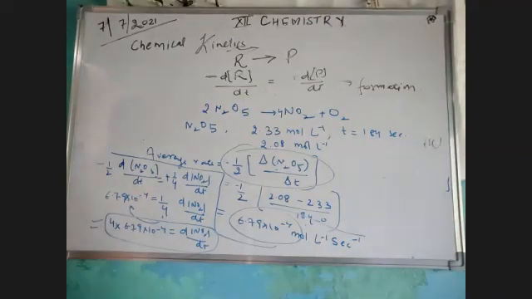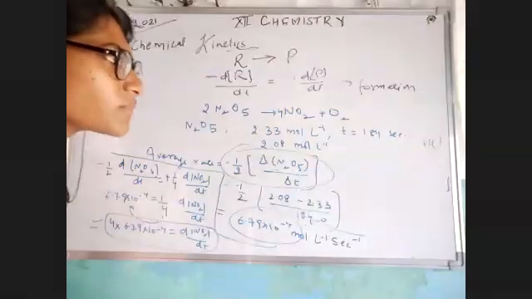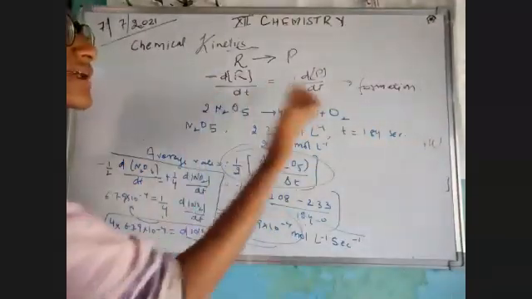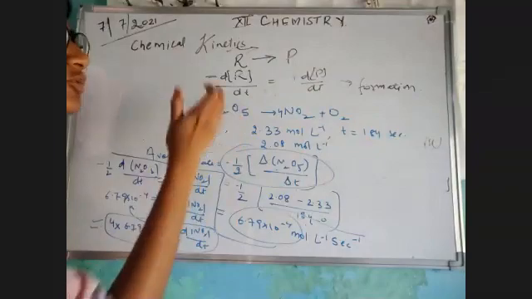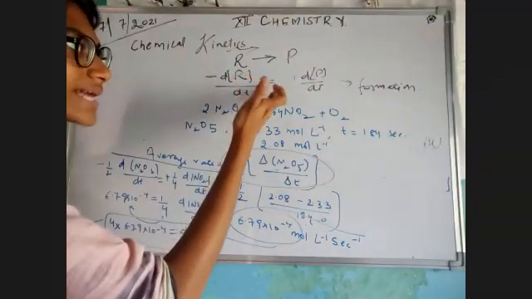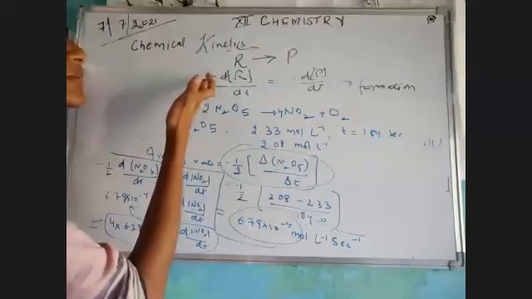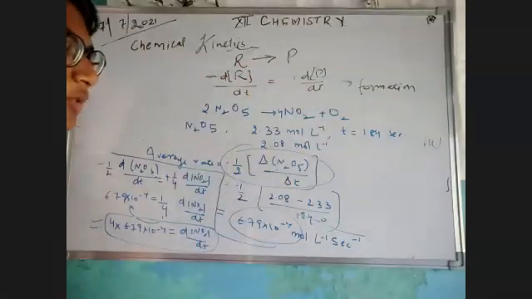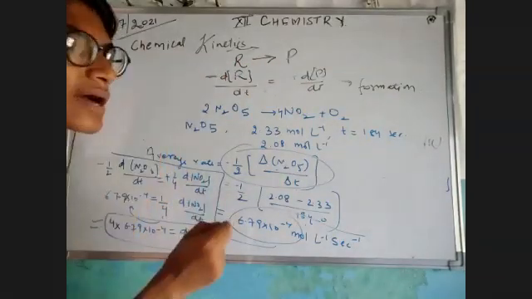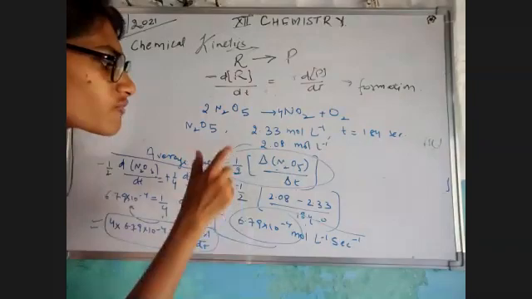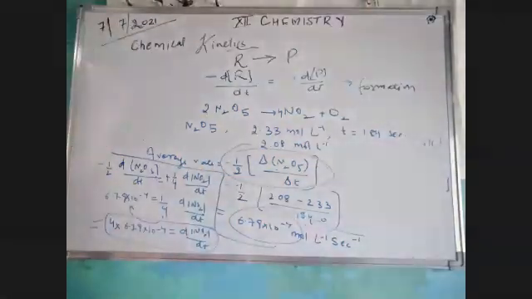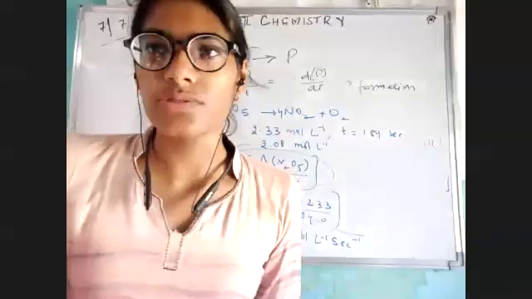Simple concept. Reactant is getting decomposed and the product is getting formed. Both are in the equal sign. So both have the equal sign, but the difference is it is represented as negative, it is represented as positive. And we have to keep in our mind that the stoichiometric coefficient should be 2 or 4 at the lower side. Clear? Okay. So this was all about this topic.